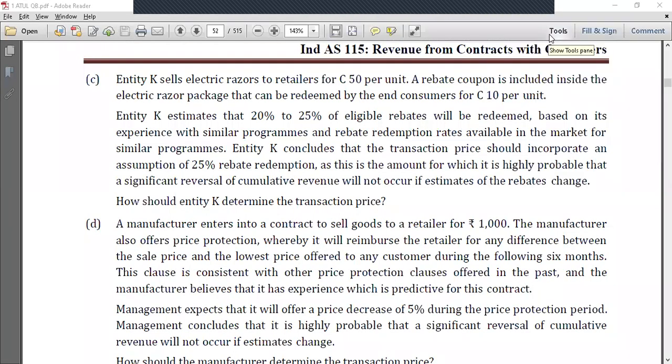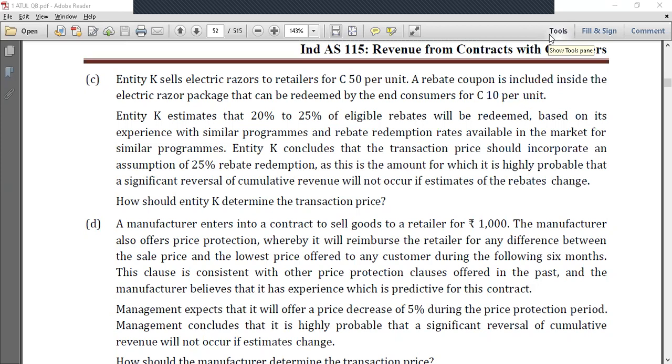Here entity K is selling electric razors to the retailer for 50 rupees, and here it is also offering a coupon for each razor, that is 10 rupees per unit. And entity K is also estimating that 20 to 25% of the eligible rebates will be redeemed. Here the rebate is 10 rupees per unit. Now only 20 to 25% will redeem this,